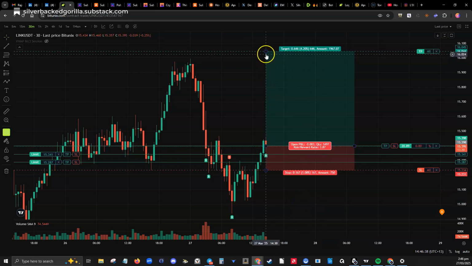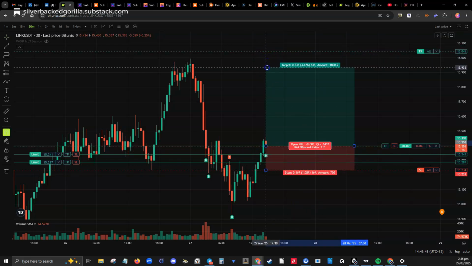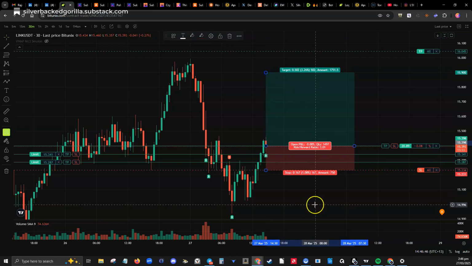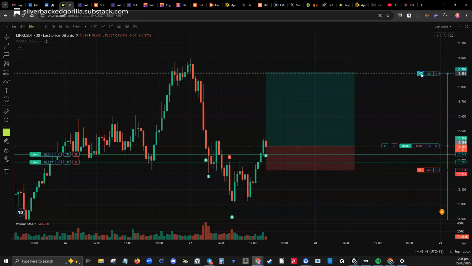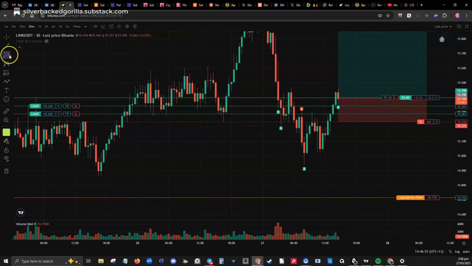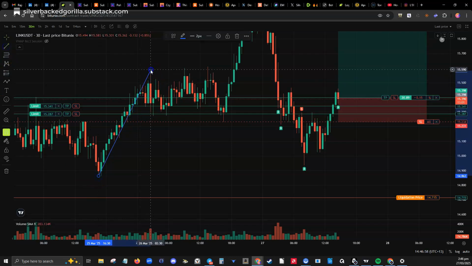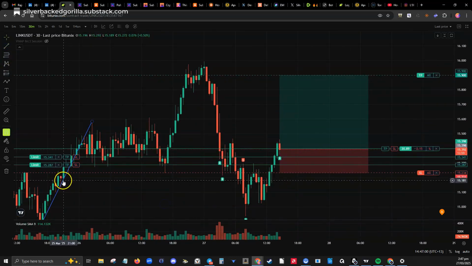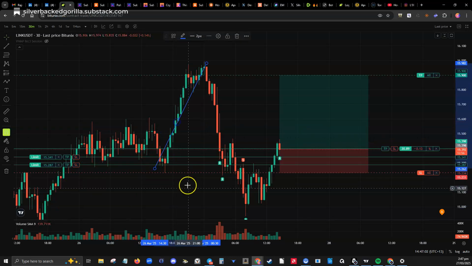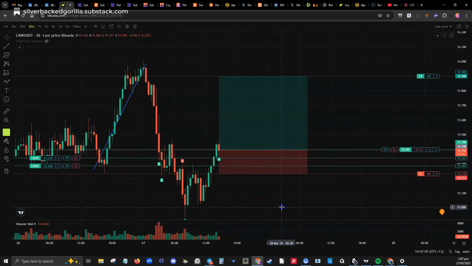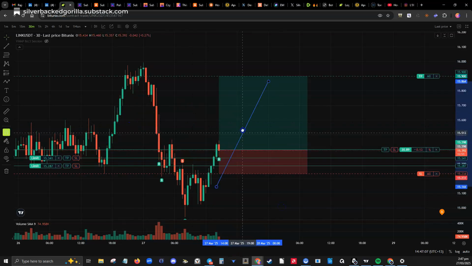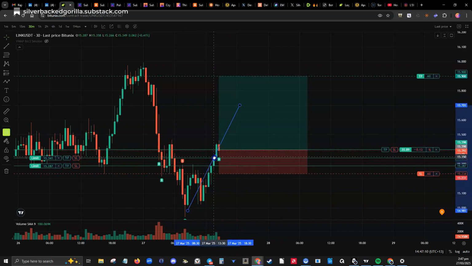So that's 3.87. Actually, I thought I was a little bit far away. Yeah, that's a bit better. Yeah, that's a bit more realistic. So all we're asking for is what it did previous, and it's had pumps of that size. If you have a look at that pump there, from there to there, there's a pump. It does move that much. You can see from there to there. So from here, if it pumped from here to here, it could end up there.